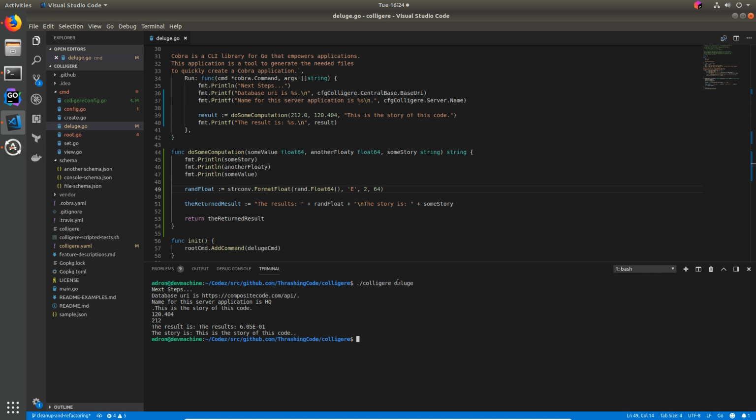Cool. So this is printing the result. The result is, and then it says the results, this, which is my value here. And then it says the story is, because note, I put in a carriage return here, and then it says the story is, this is the story of this code, blah, blah, blah. I wonder where it gets that other period. I don't know where the other period here comes from. Because yeah, I didn't add that. Anyway,